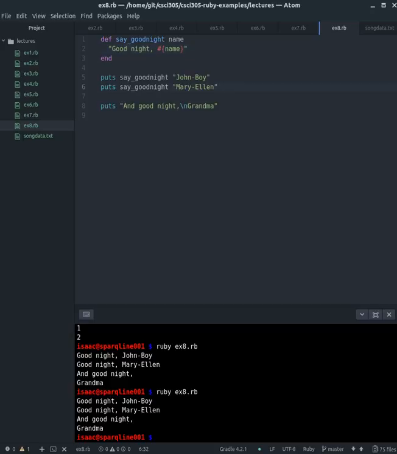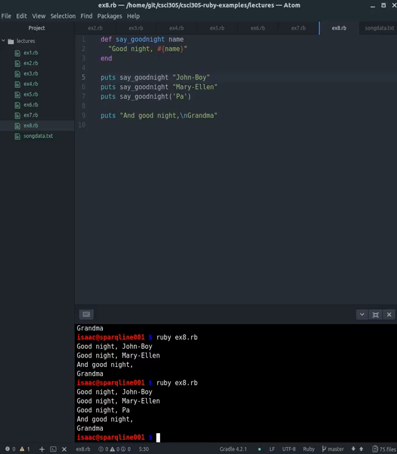And we'll add in one more, so we say puts say good night, and then we'll do it just to validate that we can do it this way, and we'll make it a single. We can do it all different ways, and we run this, and we say good night. Paw gets added in there. So that's looking good. And this is pretty much the most Ruby-esque way you can write a function. So that being said,